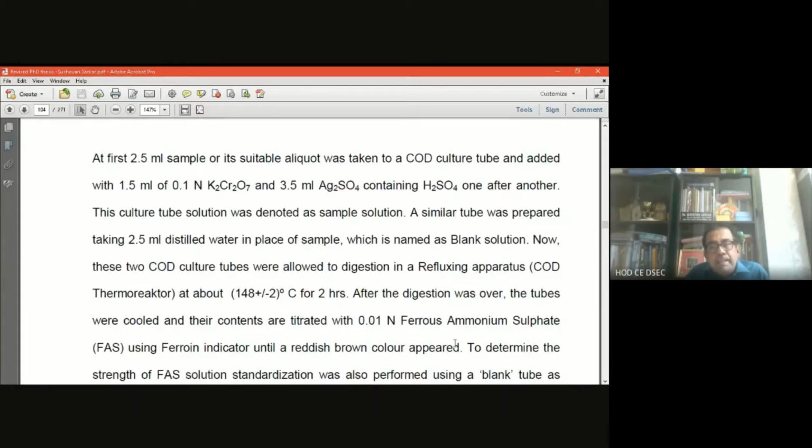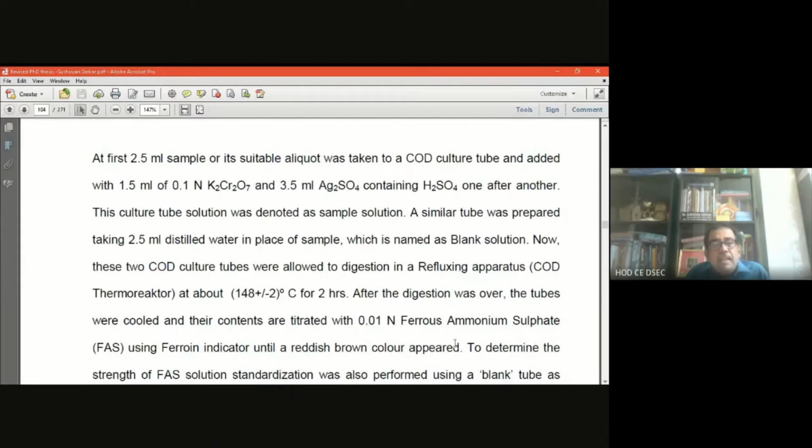You add the acid last, because if you put the acid first and then add the water, it will be very dangerous. First you add the water, then the acid, that is the correct way. Don't put water on the acid, because it will just burst. An accident may occur, so care has to be taken.